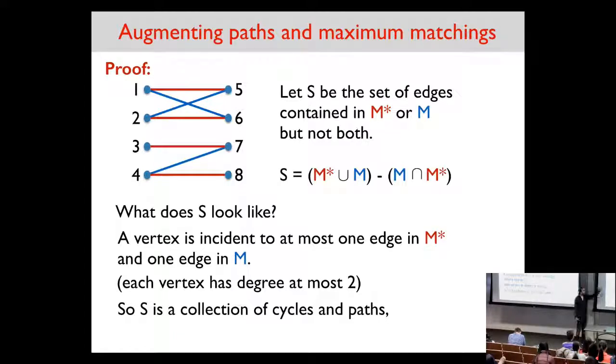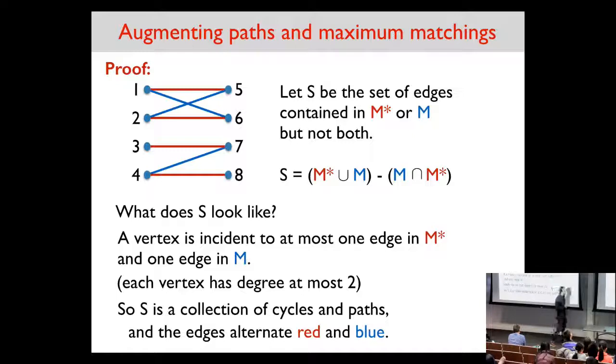Well, if you have a set like this, and the set of vertices have degree at most 2, that means this set is a collection of cycles and paths. There's no other alternative here. And you can see, in this case, it is a collection: the red and blue thing at the top between 1, 2, 5, 6 is a cycle, an alternating cycle, and then you have a path in the bottom. It's a collection of cycles and paths, and as we said, the edges have to alternate basically